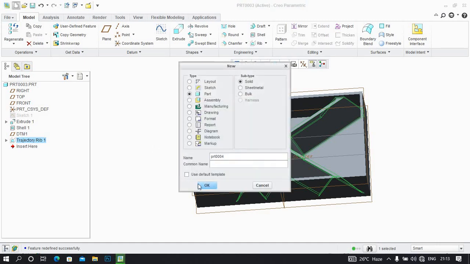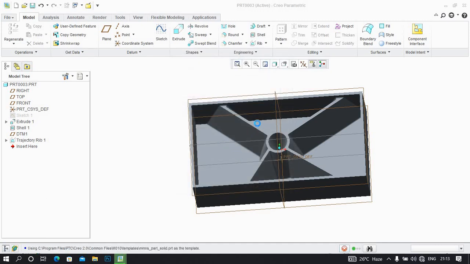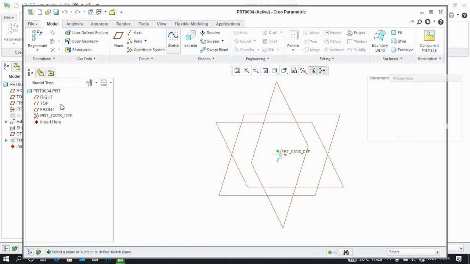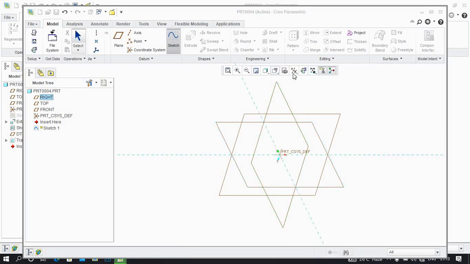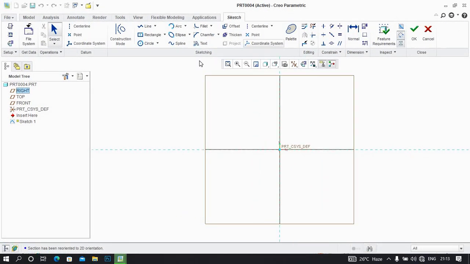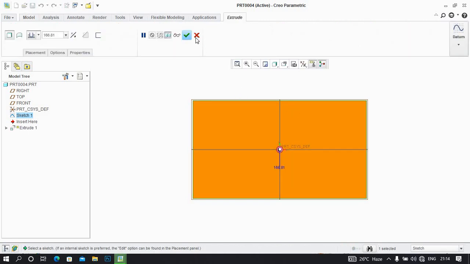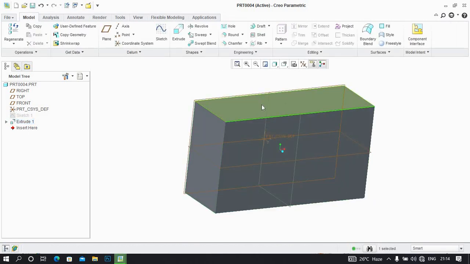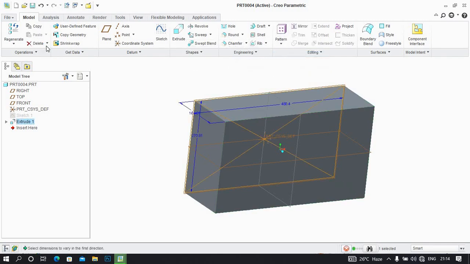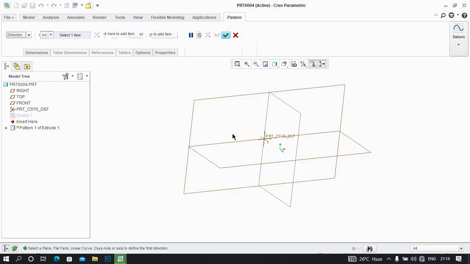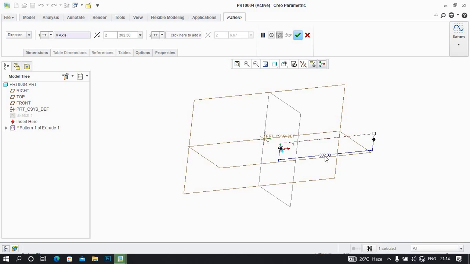In the new file, I am going to select part solids, then go to the sketch, front view sketch. In this sketch view, I am going to draw one rectangle and extrude it to a particular value. Now I want to select this extrude command and go to the pattern command, the directional pattern. Along this direction I want to give 550 distance